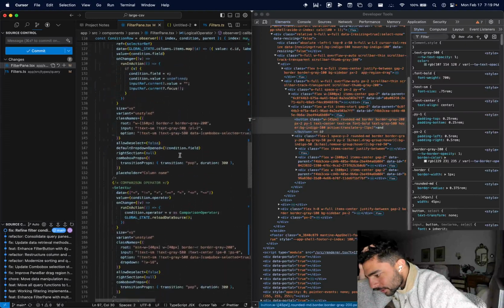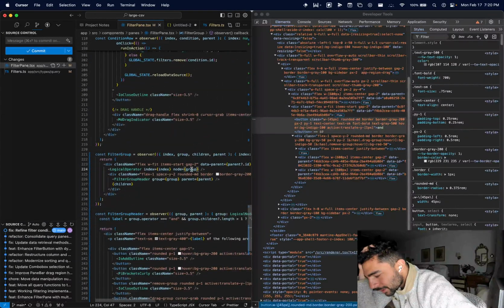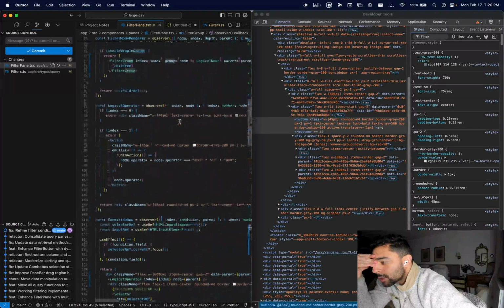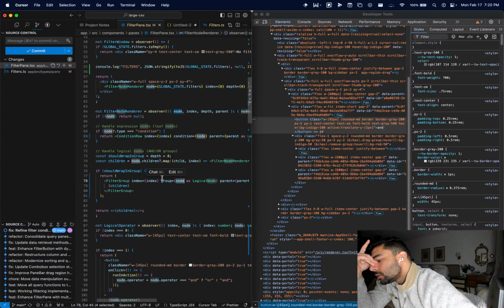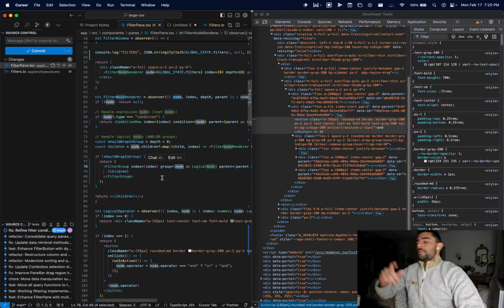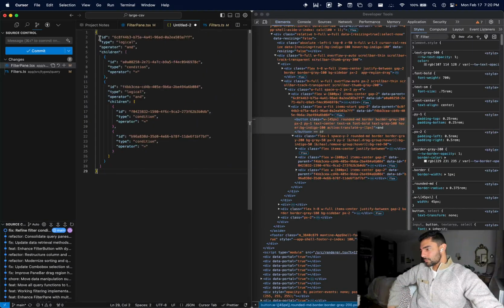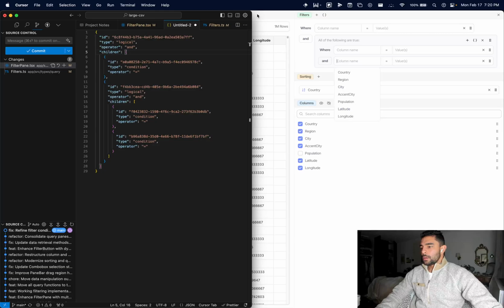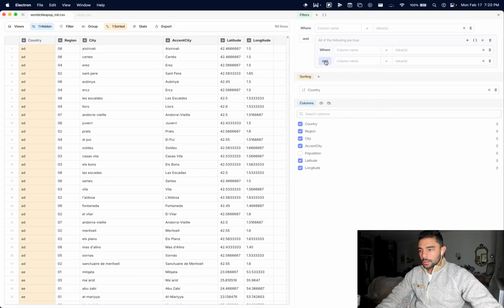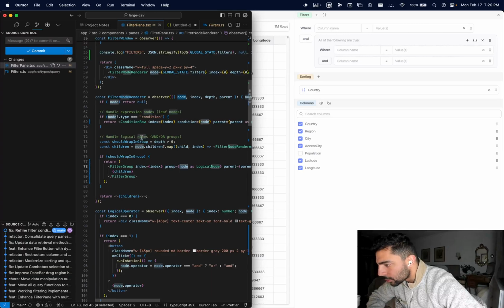Okay, yeah, here you're passing the parent. But here you're passing the group as opposed to the parent. Why wouldn't you pass the parent? Because this node, the parent is this. This is the parent. You're passing this. Okay, let's do that. Let's do some logging on the